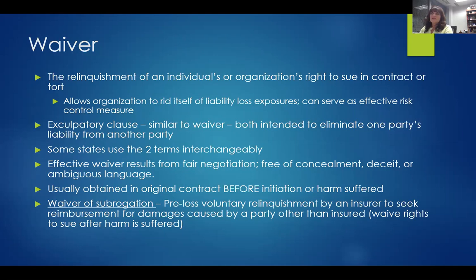Effective waivers result from fair negotiation. You don't want undue pressure or power on one party that could conceal or deceive, or ambiguous language that wouldn't be fair to the other party. So in order to have a waiver that would withstand the court system, it has to be fairly negotiated. It's usually obtained in the original contract, before the contract starts or before any harm is suffered. A waiver of subrogation would mean that pre-loss, you've made a voluntary relinquishment of the right to seek reimbursement for damages against the third party